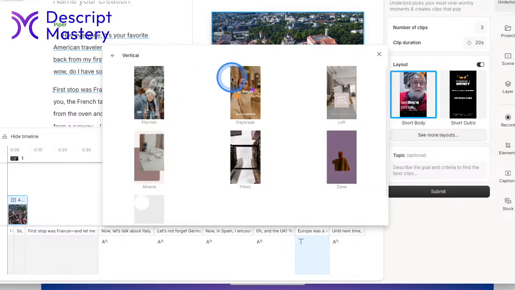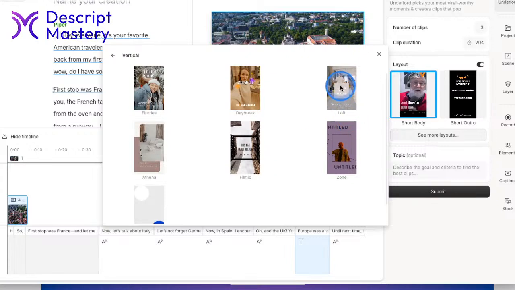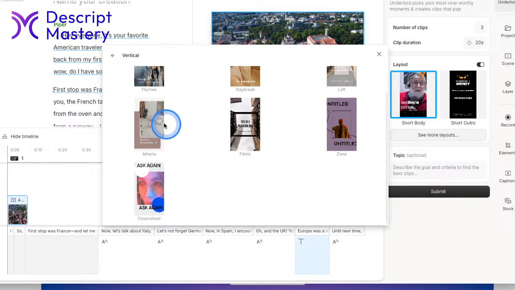Verticals, these ones you could use. So you could put your video into these formats. In this case, it would put in that text, that particular font with these little colorful animations. This one would put that box in there. So these are just different layouts that are available to you.